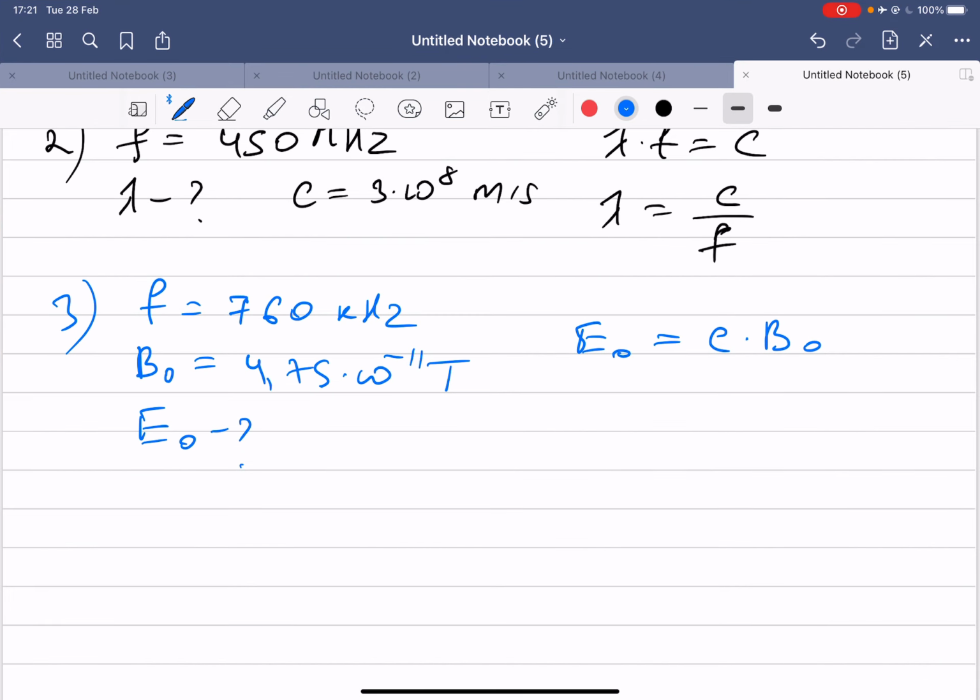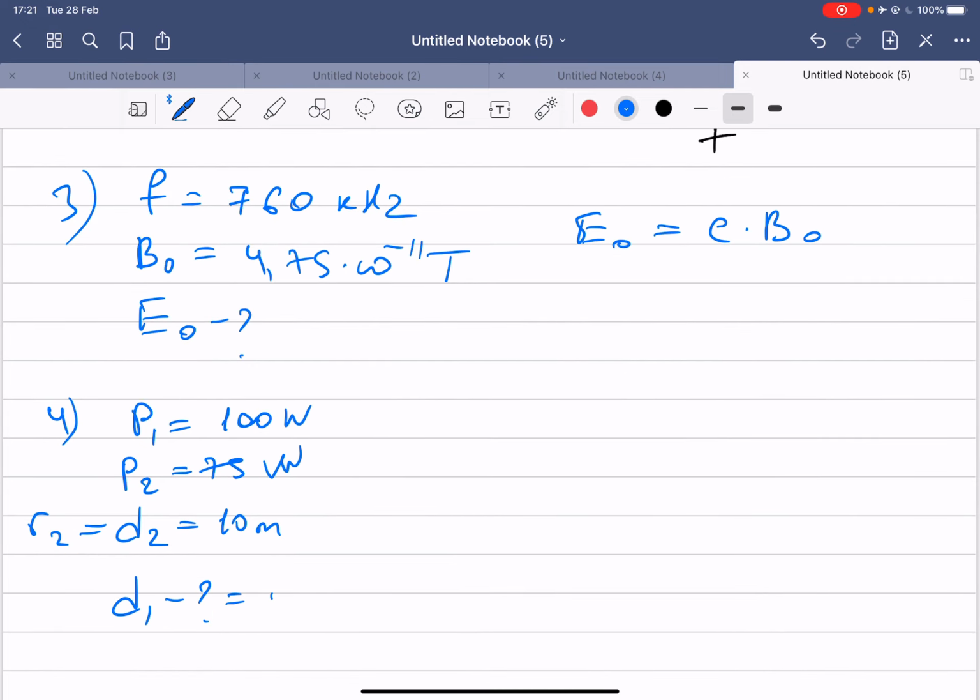So in problem number 4 we have power 1, which is 100 watt, then power 2, 75 watts, and distance 2, which is given as 10 meters, or this is also radius 2. You have to find